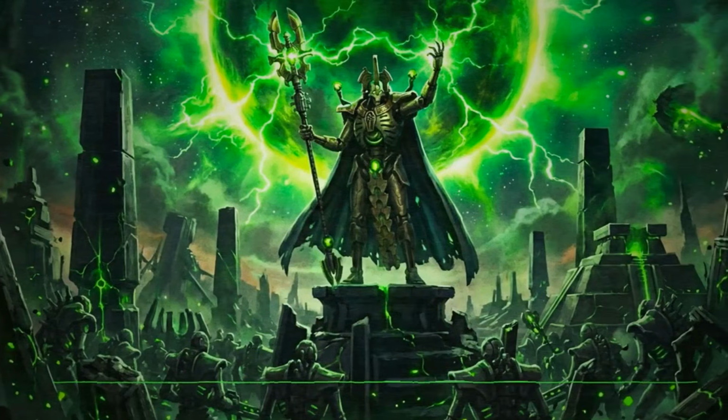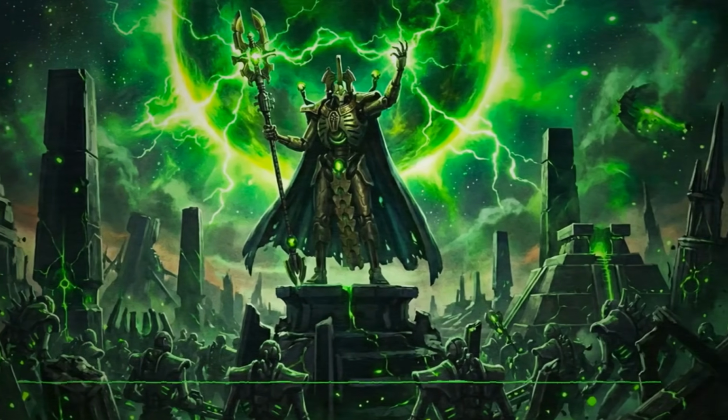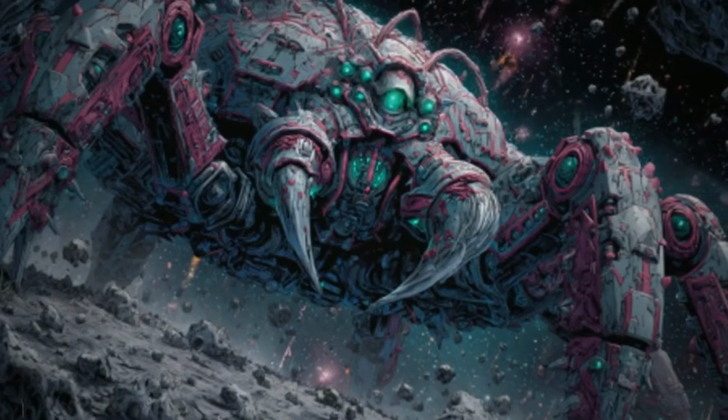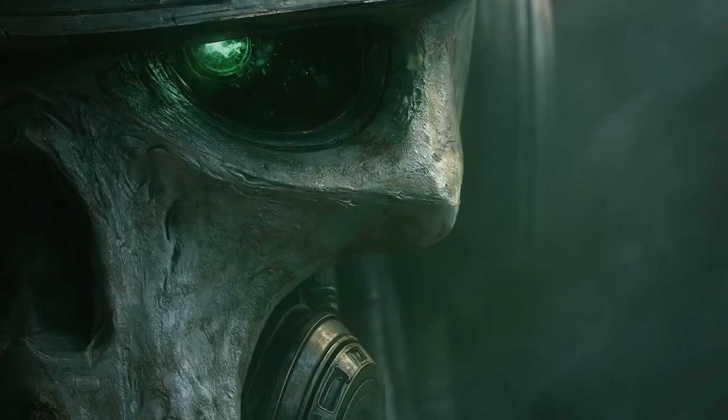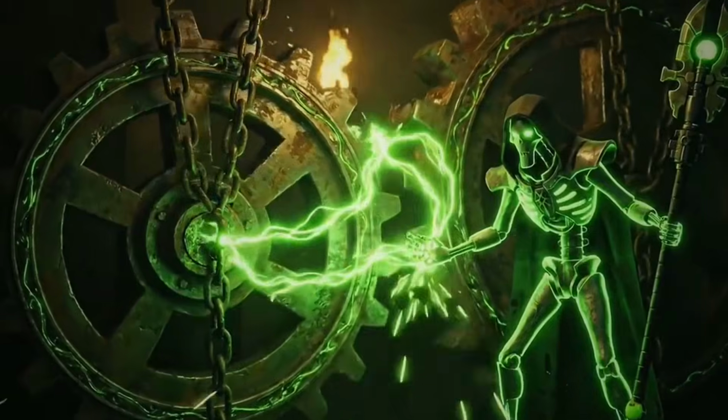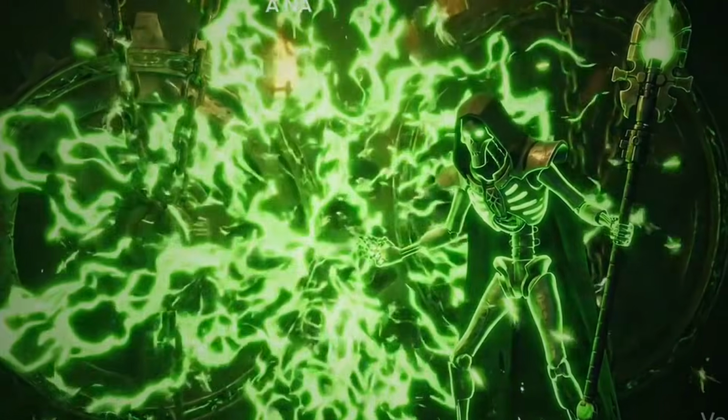It was a war the Necrontyr could not hope to win. The Old Ones' mastery of the warp gave them abilities that seemed like magic to the Necrontyr. Entire Necrontyr fleets were destroyed with a thought. Worlds were reshaped or rendered uninhabitable. The Necrontyr threw themselves at the Old Ones with the fury of the dying, and they were crushed for their efforts. Defeated and humiliated, the Necrontyr retreated to lick their wounds.